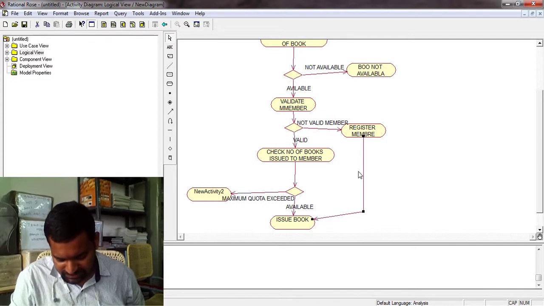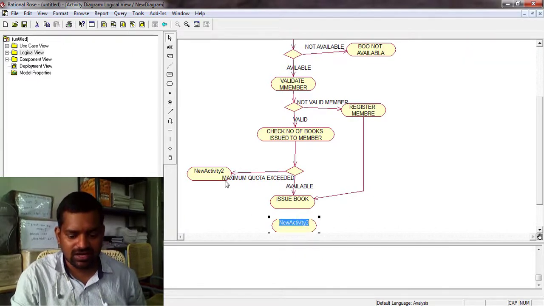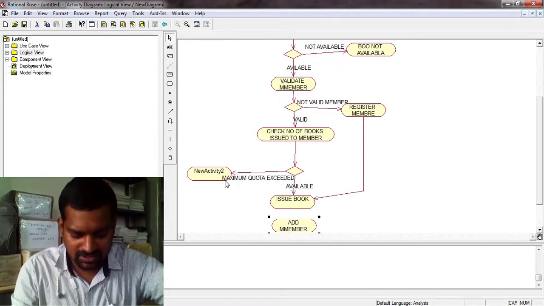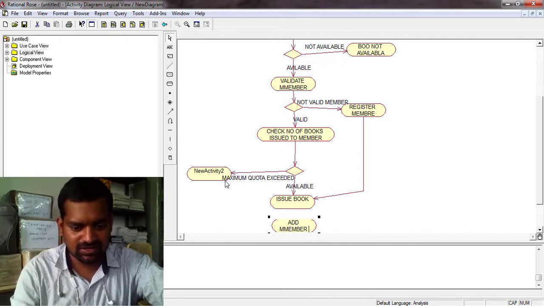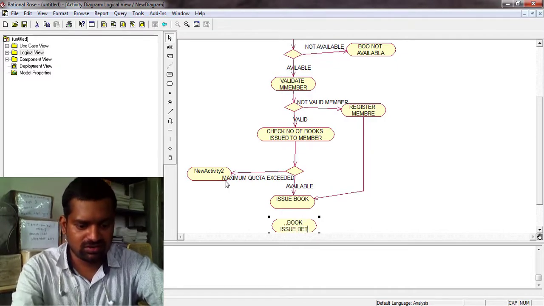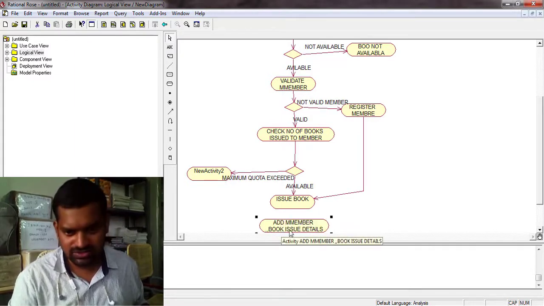Book issue, register member. Add member or book and issue details. Update book status. Another two activities are required. Another activity: add member, add book or issue details.